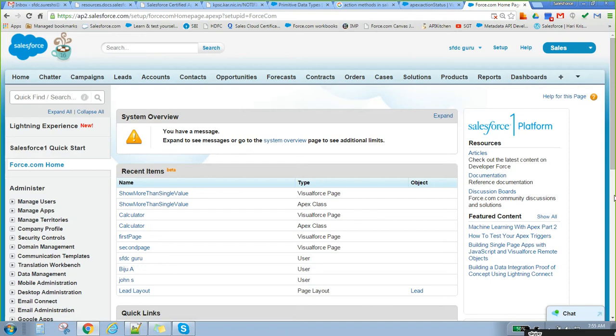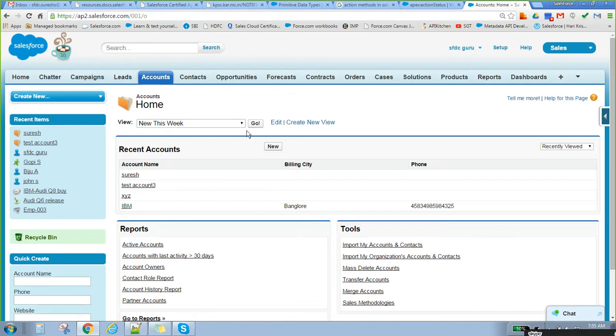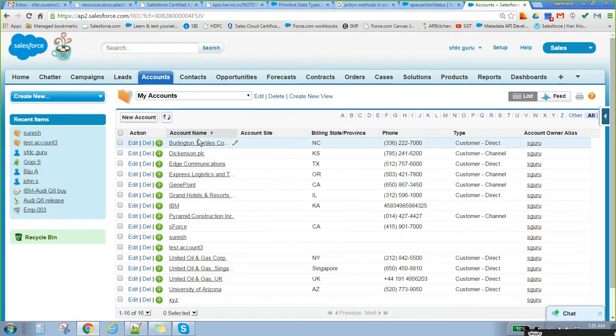Action support is nothing but, whenever some action happens on that particular component, it is going to call the methods in the controller. Let's say I open an account page and select my accounts. It is going to display all the accounts of mine.